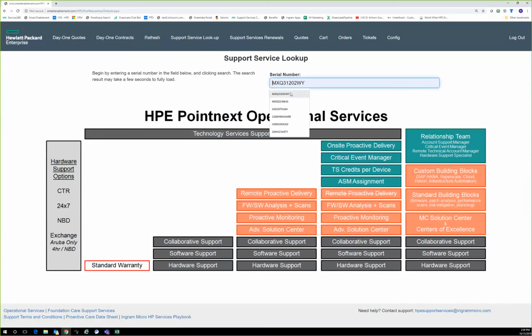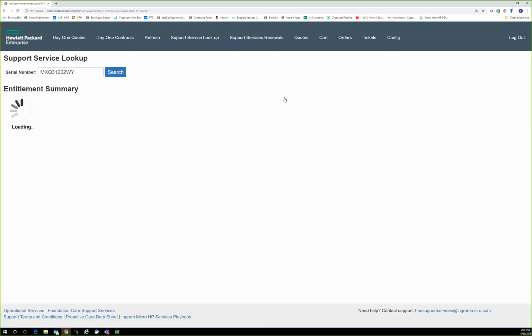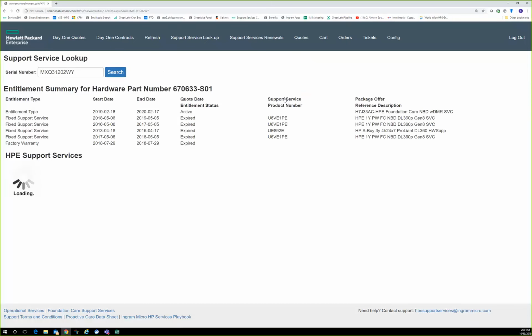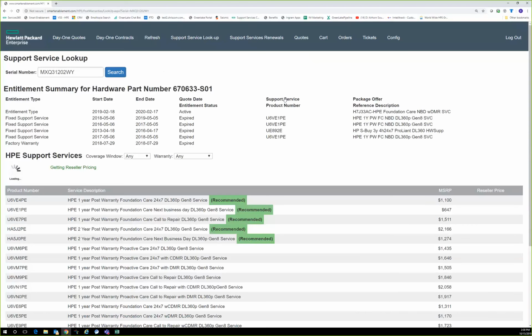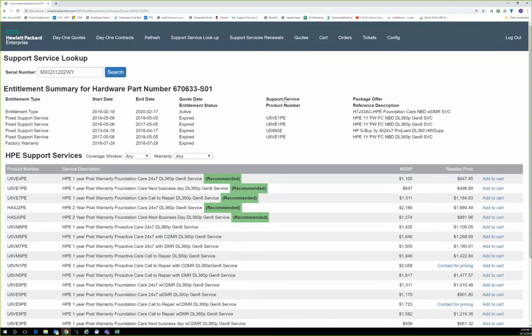And we can paste in a serial number. And what it's going to do when I hit search is a few different things. It's going to hit HPE's entitlement database. It's going to look for standard warranty. It's going to look for support services. It's going to look for contractual support. And it's going to report all that information back, along with giving me the manufacturer part number for the base